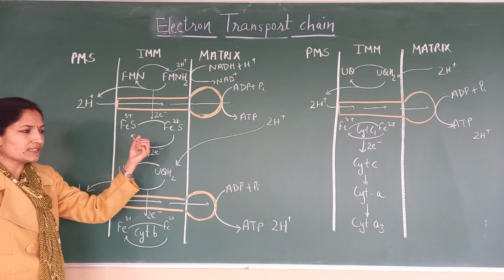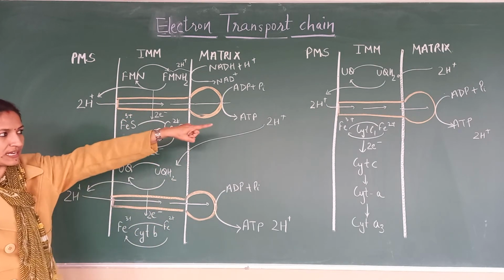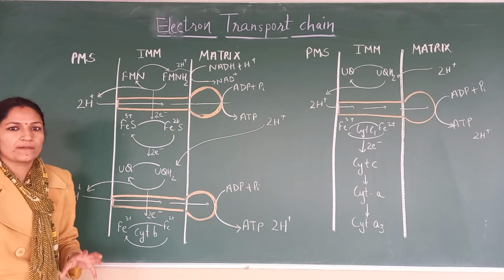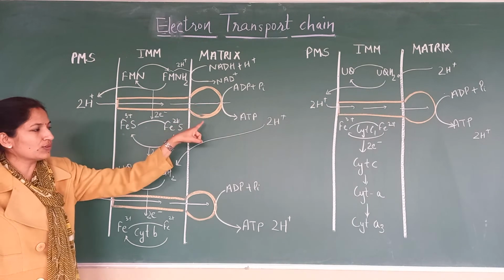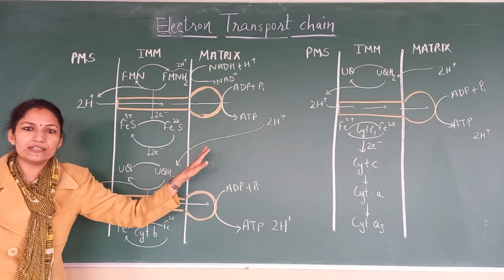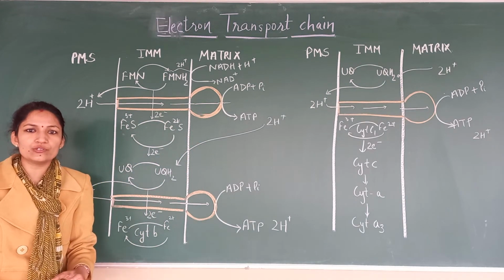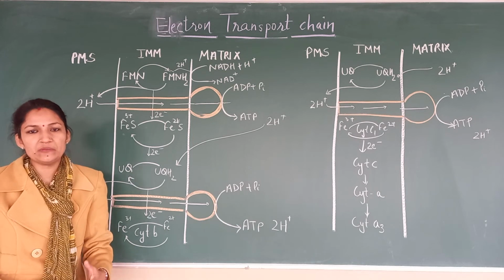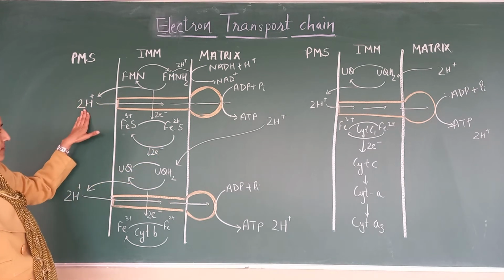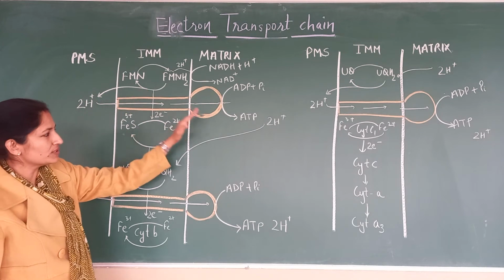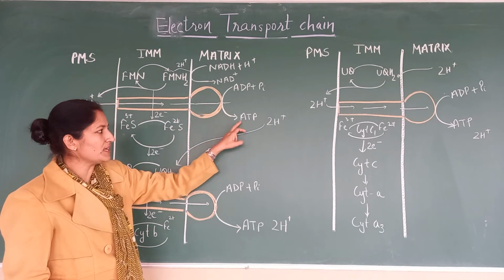So, while discussing the structure of mitochondria, we have read about oxysomes. So, all these structures which are embedded, they are oxysomes. Oxysomes have two parts. This F0, the circular one, and the F1 particle, and the F1 particle we know is associated with the ATP synthetase enzyme, which is going to help in synthesizing ATP currency. Fine. So in this way, these protons will move from this side to the matrix side, and while moving, the energy which is released is used to make the ATP.